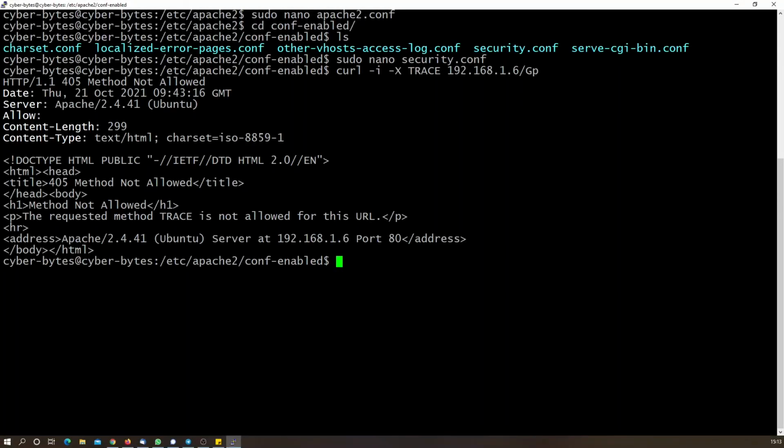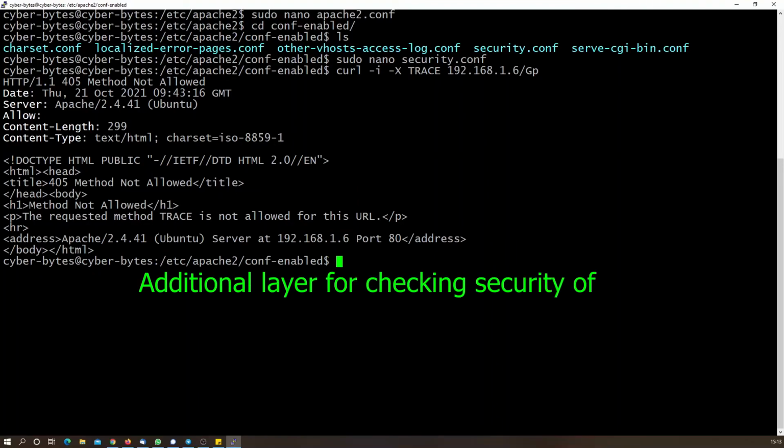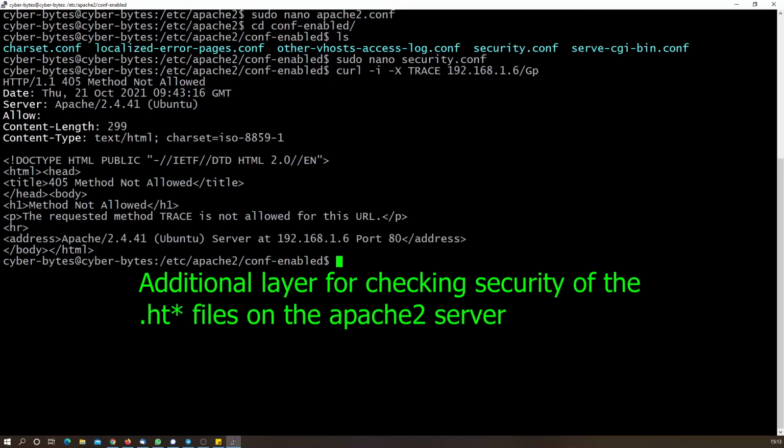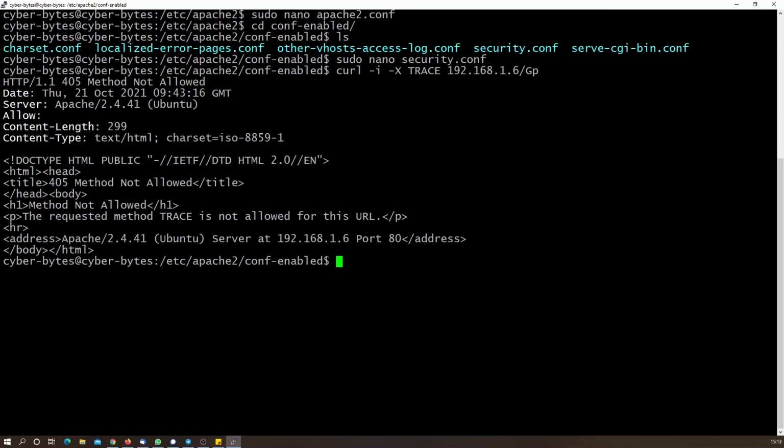Then let us see how we can check to restrict unauthorized access to the .ht files, that is the .htaccess, .htpasswd, or files like that, which are very crucial for running the server and managing the site. Here we are adding this step just to make sure of another layer of redundancy to restrict any access to files that start with .ht.